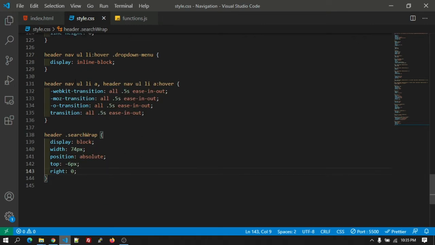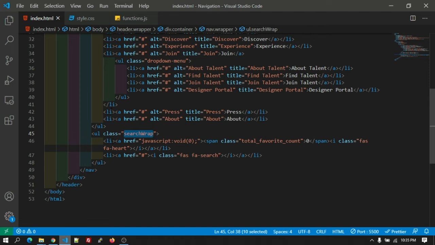Okay, so let's add some CSS to the li tag.